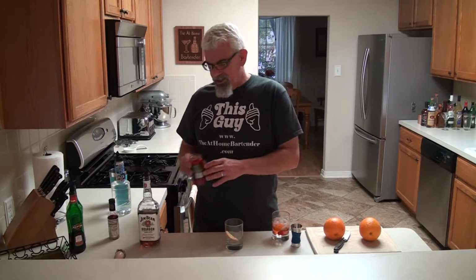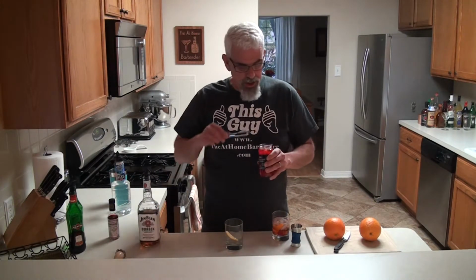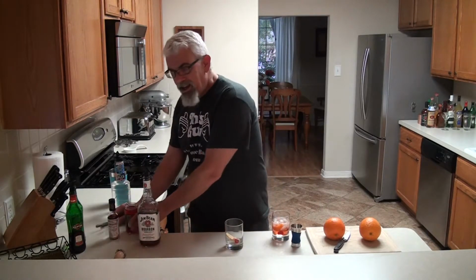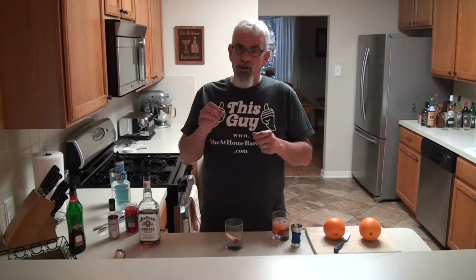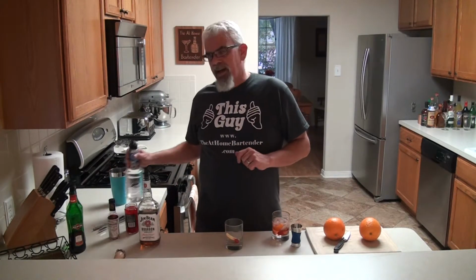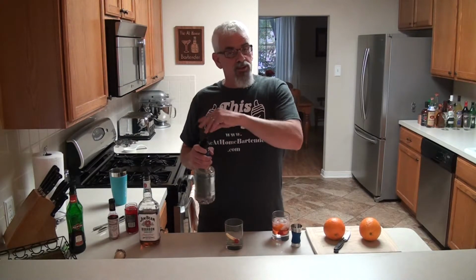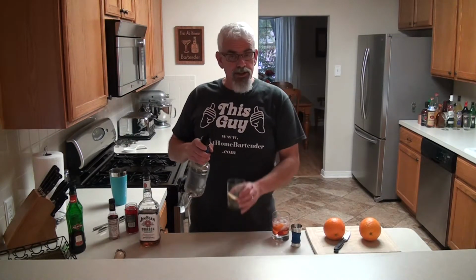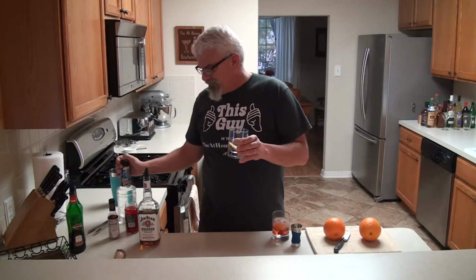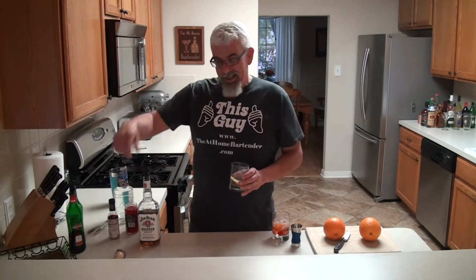Next I'm going to add a maraschino cherry. And then I'm going to add some simple syrup. Some recipes call for a sugar cube. Some will call for a teaspoon of sugar, a dash of sugar. The simple syrup actually I find works well because you have to add water if you put a sugar cube in there. So I just put a little splash of the simple syrup, which is available at the local grocery store,